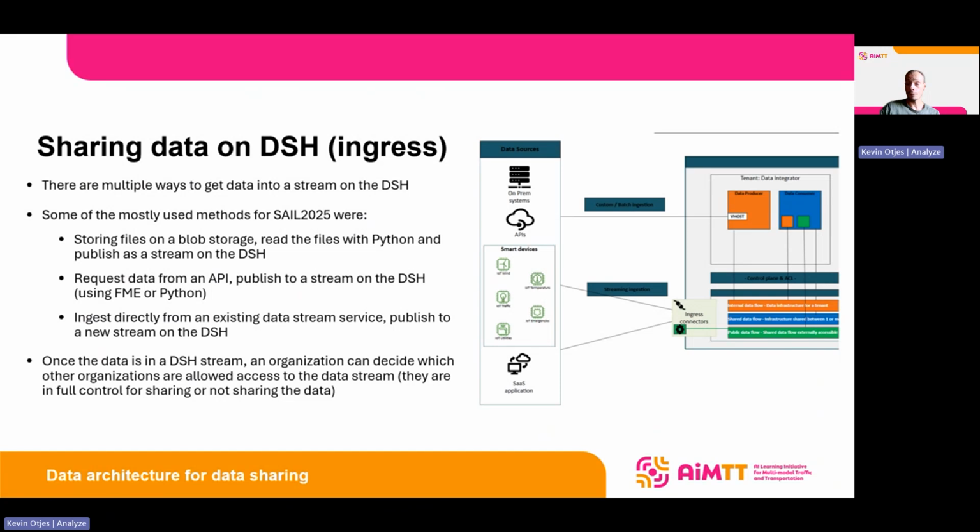Sometimes there was batch data, or data that could be stored on an environment. This, for example, was done with predictions for weather data from the Dutch Weather Institute. Then they placed their output on a shared environment from which others could read the information and then use that data. But also connections with APIs were made, and they were published as streams on the DSH platform using either